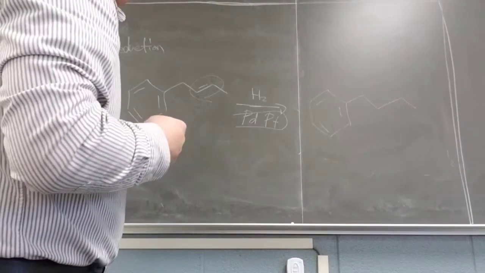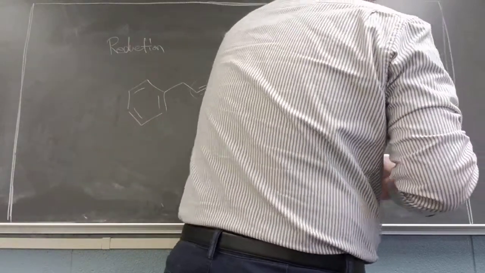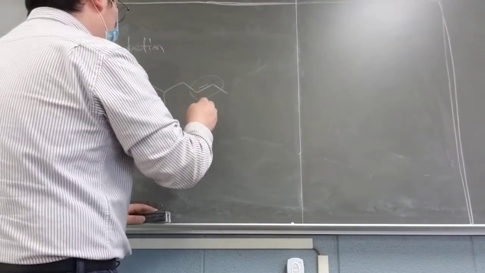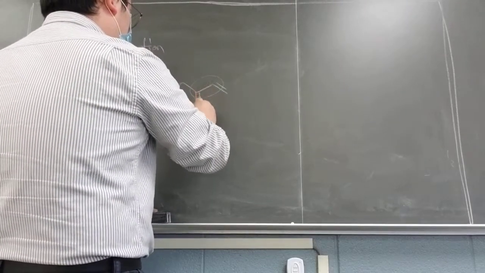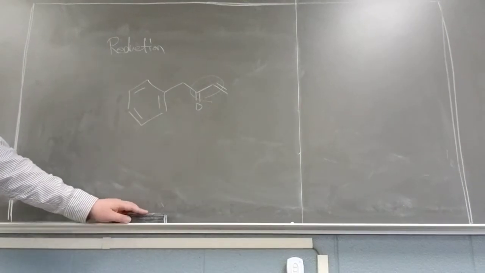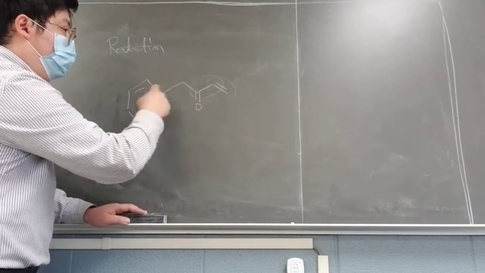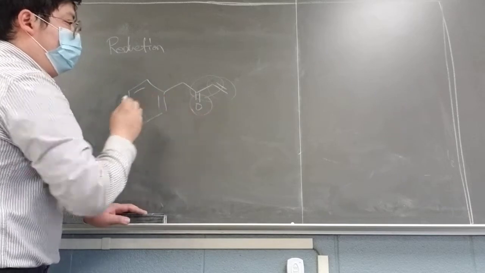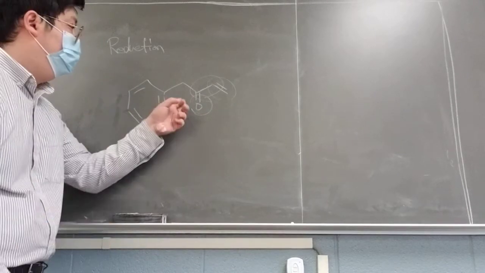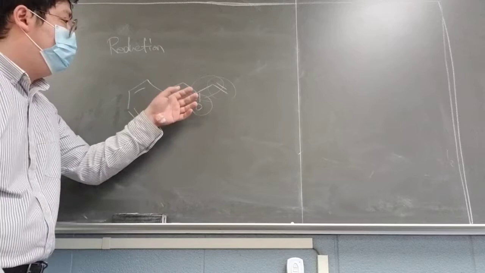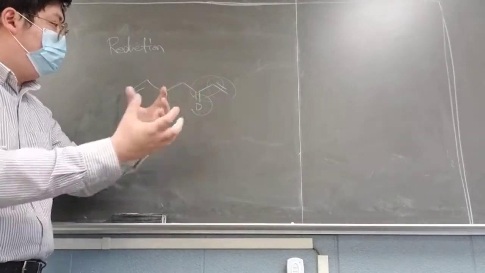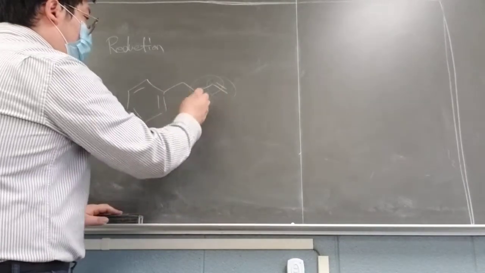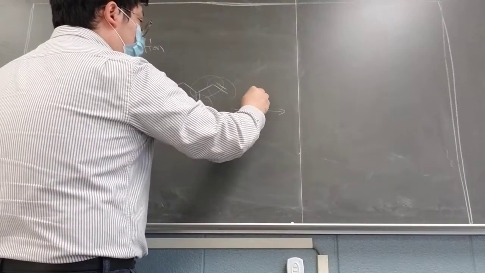All right, here's one more thing. Okay, this is quite tricky, so let me try to do this. If you have this one over here, you have a double bond in your alkyl group on the benzene. You also have a carbonyl group here. As you know, this is also an Orgo 1 thing, the carbon and the oxygen double bond is very strong. So whenever you do the same thing,